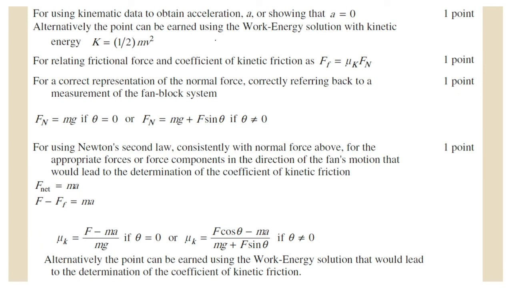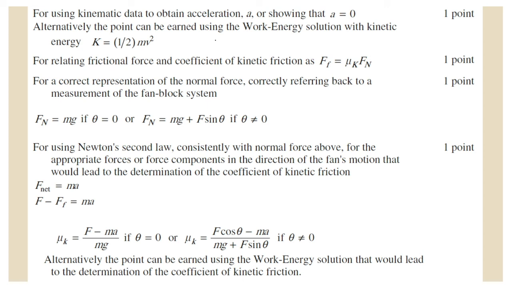And then 1 point for using Newton's second law consistently with the normal force above for the appropriate forces or force components in the direction of the fan's motion that would lead to the determination of the coefficient of friction. That could just be F net equals ma. That could be the force from the fan minus the friction force equals ma,